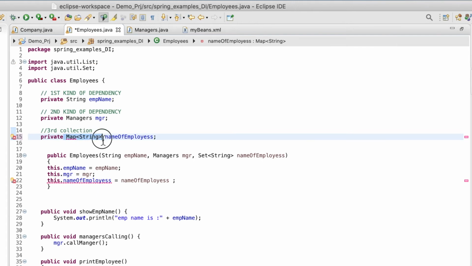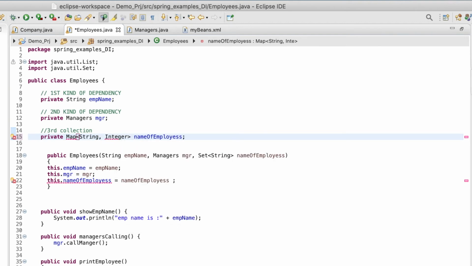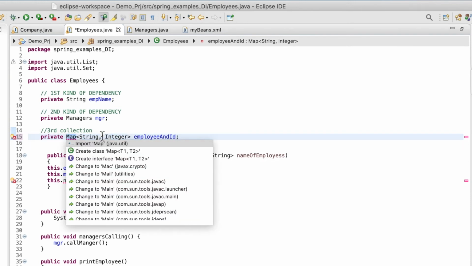This is not a syntax for map. If you are using map, you need to have keys and values. So here in this map, I'm having key as string and value as integer. So let me just modify this name because I'm having map here. So name can be employee along with its ID. Employee and ID. So employee name should be a string and its ID should be an integer. I will import maps